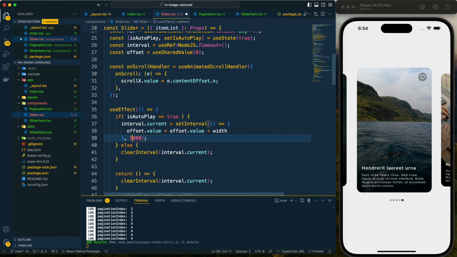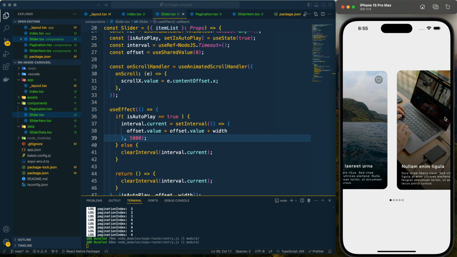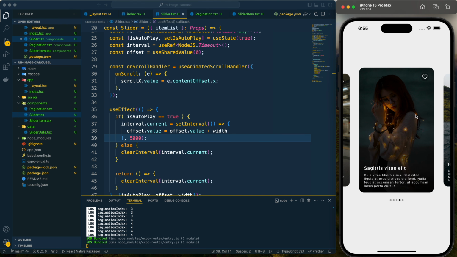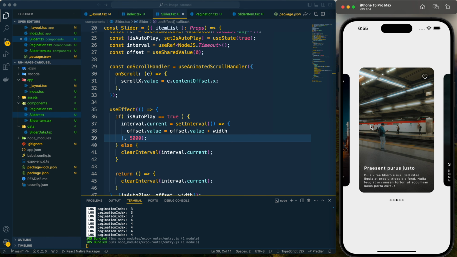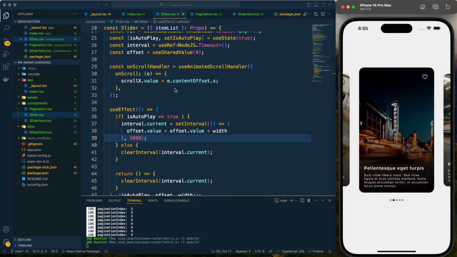Now let's update the time once again to slow it a bit. And here also we can see that glitch.